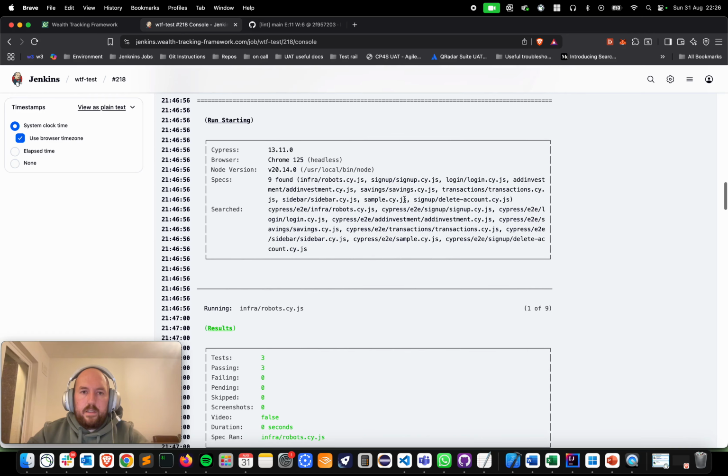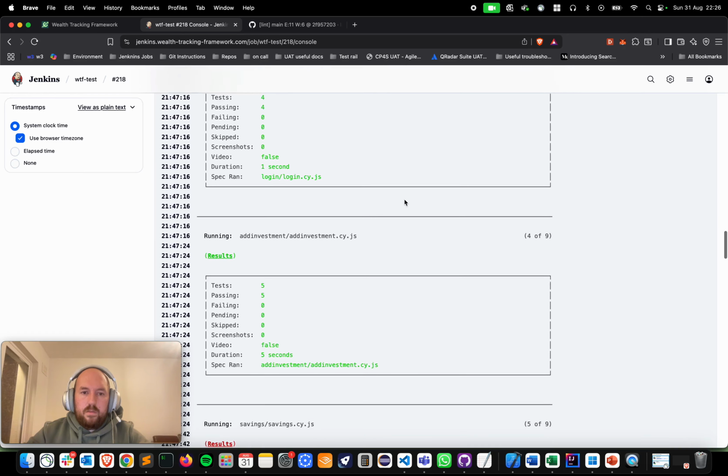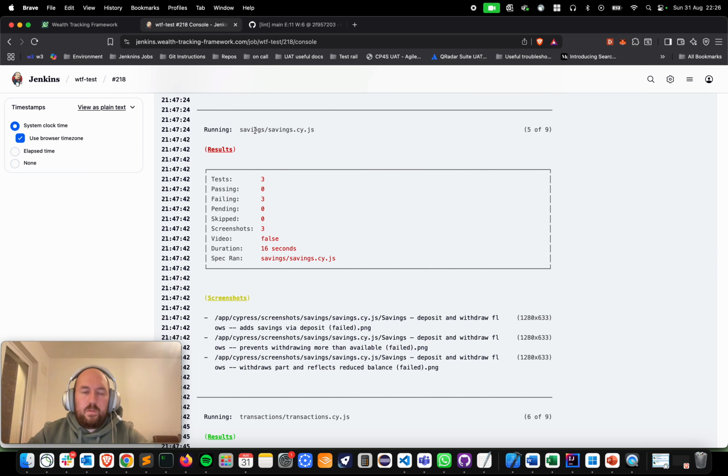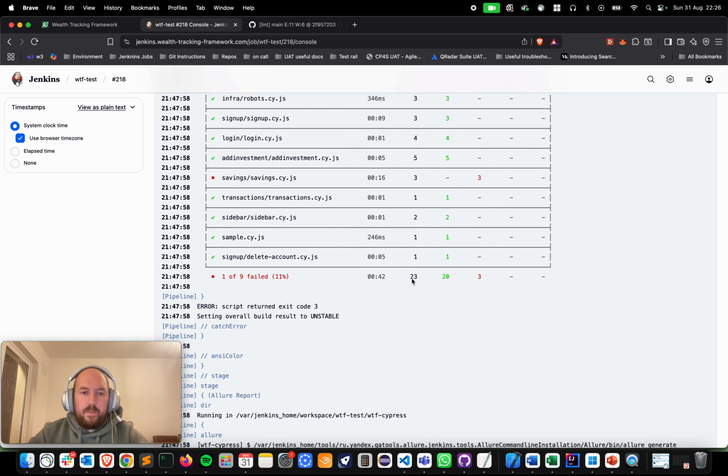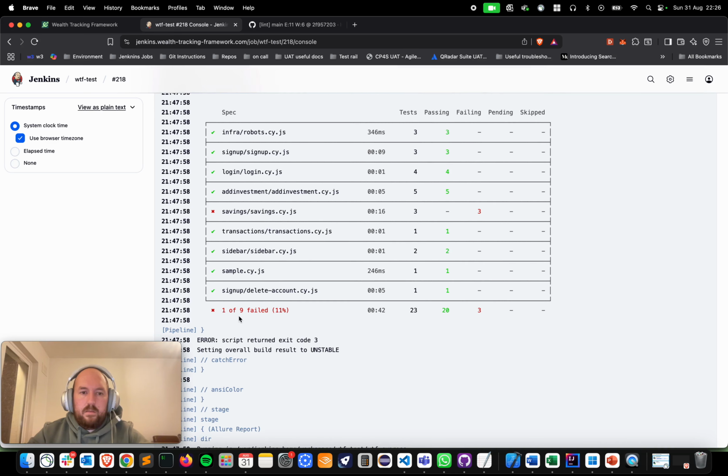So here are our tests starting. It's all fine, and here the savings one, which was in the wrong folder and was moved to the right one, so it wasn't being picked up before, so they are not quite ready to go, so that is expected to fail. So we go down here, we have 20 out of 23 passing and 1 out of